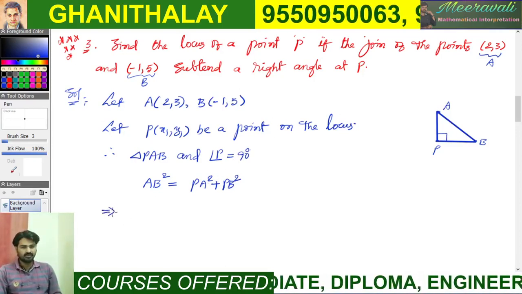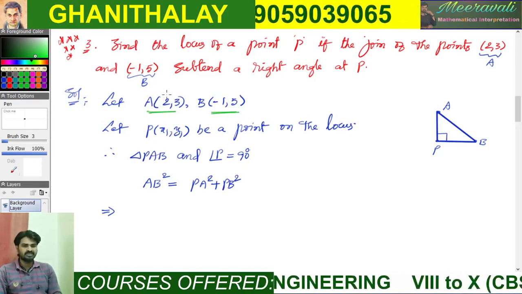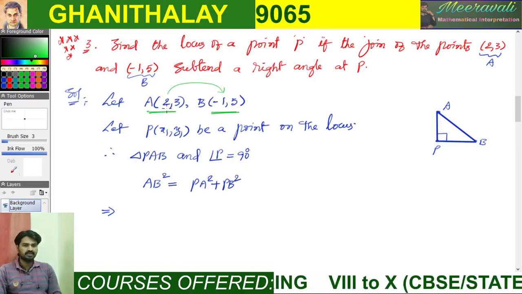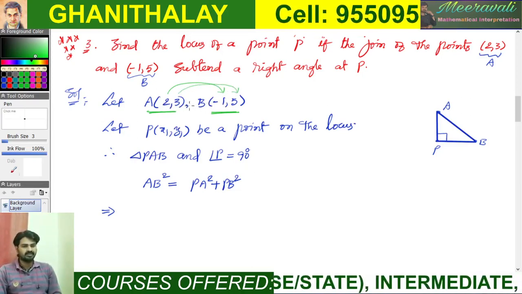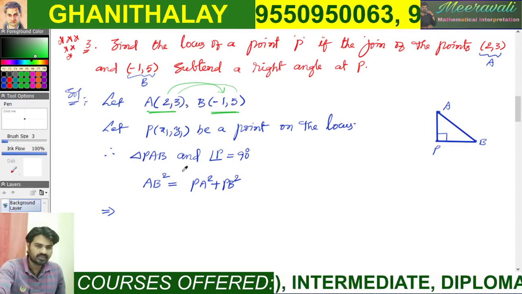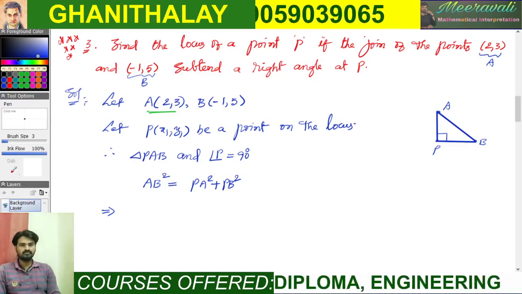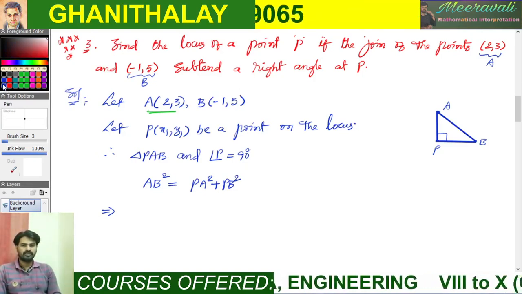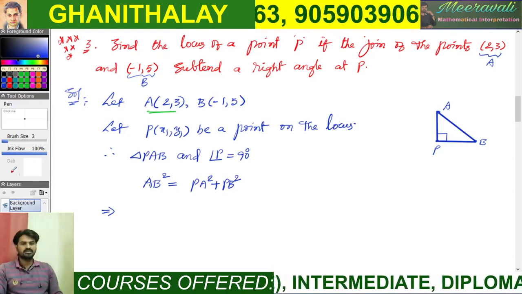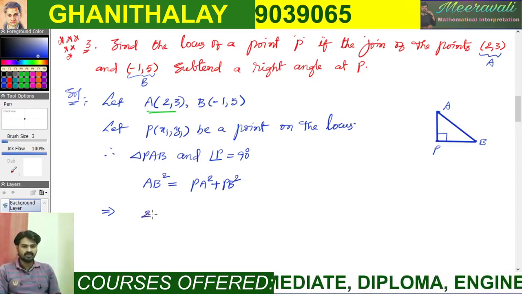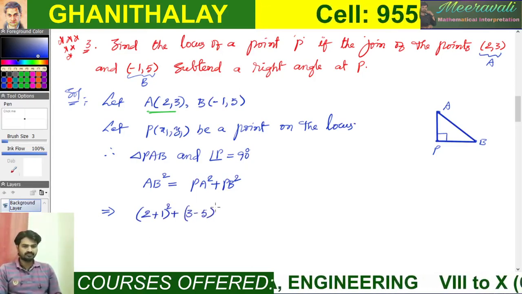Now by using the formula, AB square means you have to use the A point and B point. AB means the distance between the 2 points. That is the X coordinate subtraction, 2 minus of minus 1, that is plus 1 whole square, plus the Y coordinate subtraction, 3 minus 5 whole square. So AB square is 2 minus of minus 1, that is plus 1 whole square, plus 3 minus 5 whole square, is equal to